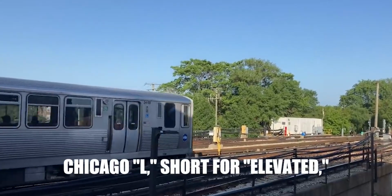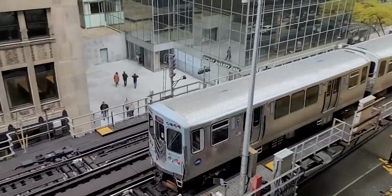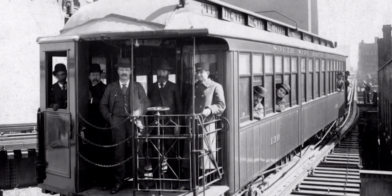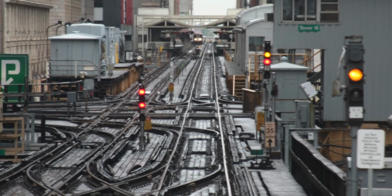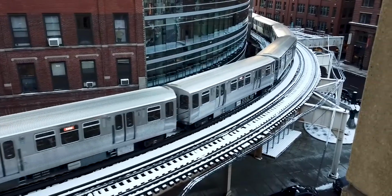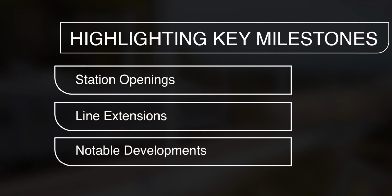The Chicago L, short for elevated, is a historic rapid transit system that has played a crucial role in the transportation infrastructure of Chicago. From its inception in 1892 to its projected development in 2029, the L has undergone significant expansions, technological advancements, and integration with other transit systems. Let's delve into the details of the Chicago L system's evolution, highlighting key milestones, station openings, line extensions, and notable